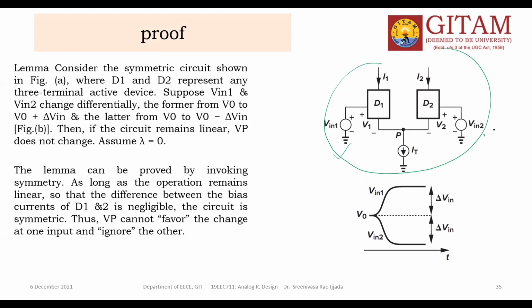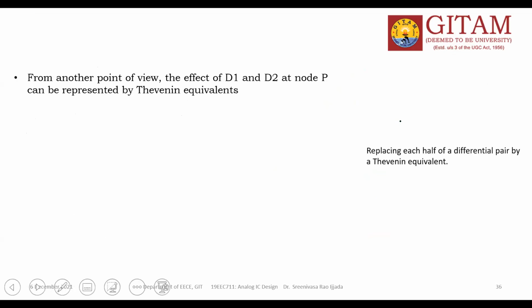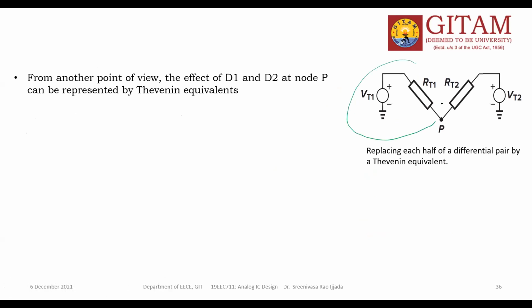So this one source, this one more source, this is the P. I can show this one. The left hand side is the Thevenin's equivalent of the right hand side. What is Thevenin's theorem? Any linear bilateral network that contains a number of sources and impedances can be replaced by a voltage source, which is known as VTH, in series with an impedance, that is ZTH.